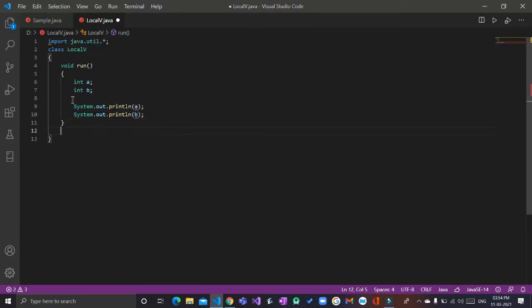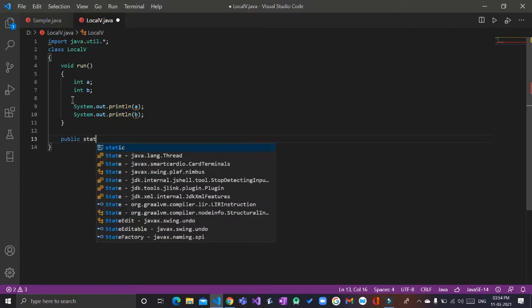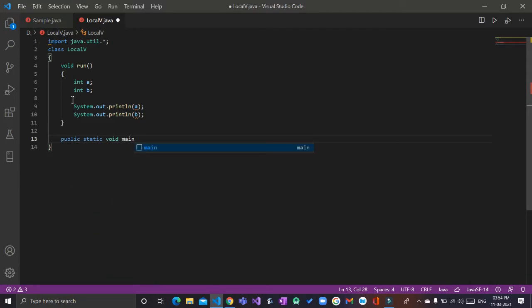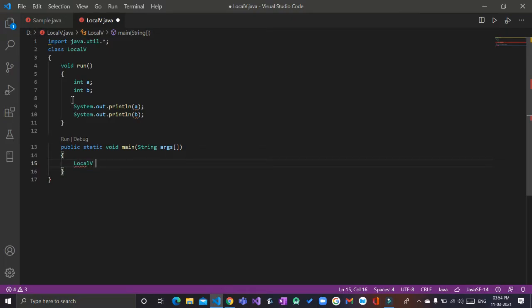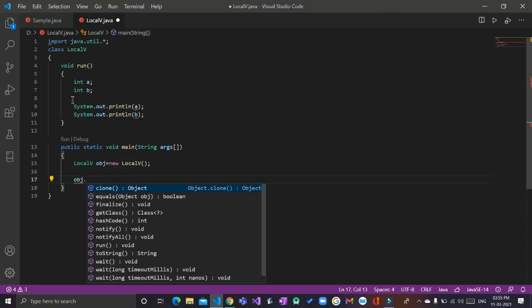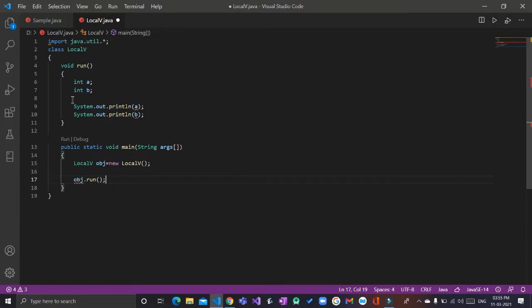okay, let's do one thing. Even if it is not initialized, we'll go further, we'll save this program, and what we'll do is we'll write a public static void main like this, and over here I'll just write my String args, and we'll just make an object of this class, LocalV obj equal to new LocalV, like that, and let us try to call obj dot run function.